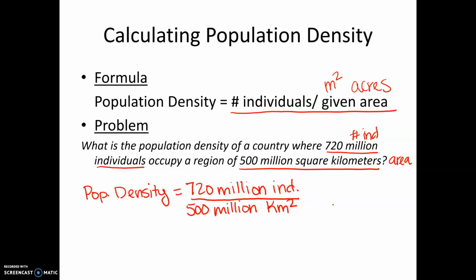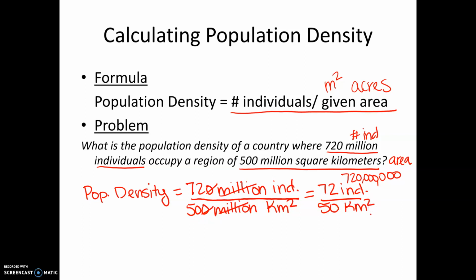All right. So I set it up like this so that I can show that I'm going to simplify this, basically. Now I could have written out 720 and shown 720 million. But writing this out in words actually makes it a little bit easier. So if we were doing this fully by hand, I would just cancel that out. I would probably cancel out my zeros as well, and I'd end up with 72 individuals per 50